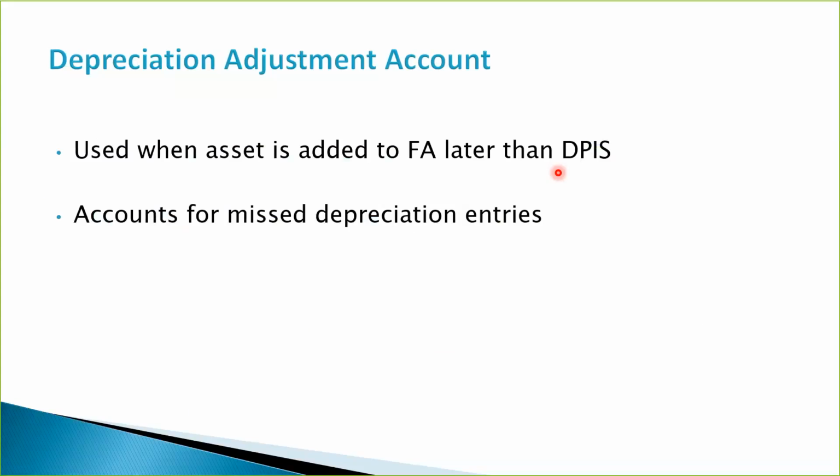So when this vehicle was in service, it is supposed to be expensed, right, for those periods that have been missed, because it is being used, and therefore there are depreciation entries or expenses that have been missed before it was added into FA. So the adjustment account will take care of those missed